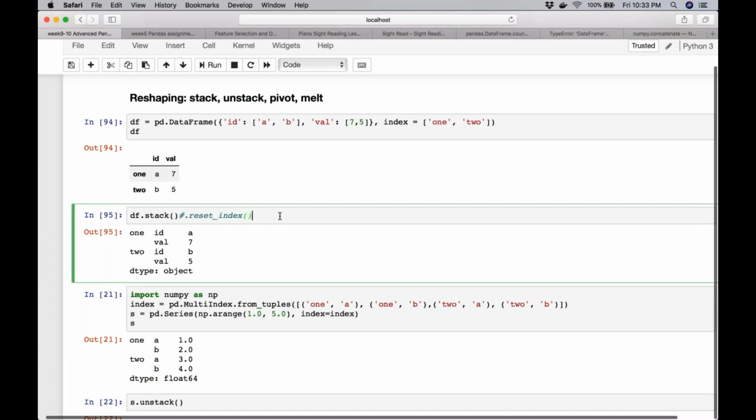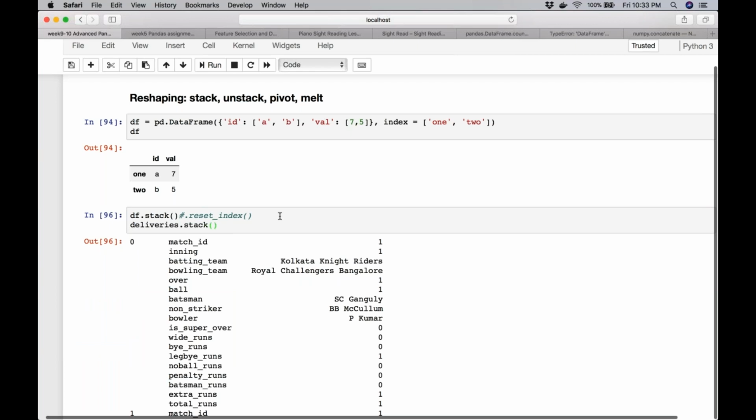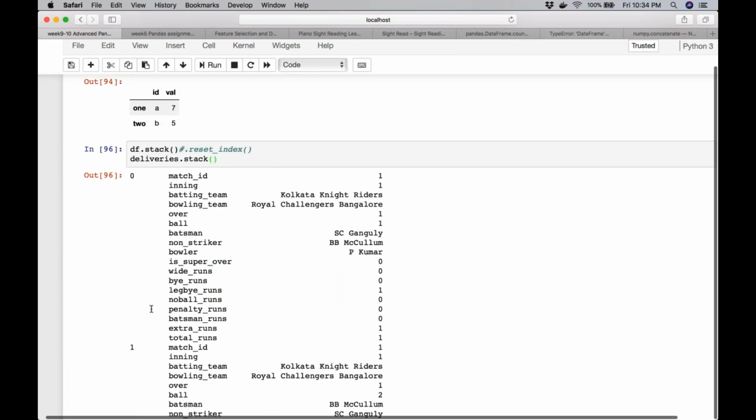You can stack any level of data frame. So this will look crazy, but let me see. You have deliveries. It's a huge data frame. If I stack, what happens? Literally, on the basis of the index, you can see index 0, 1, 2.